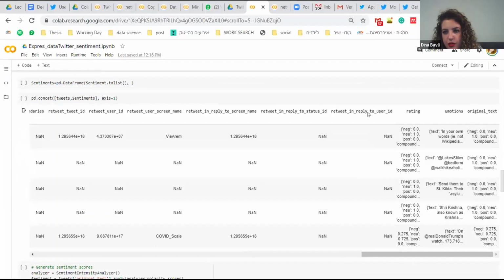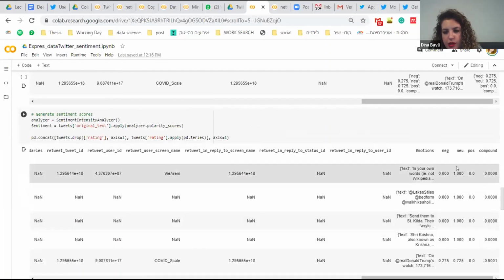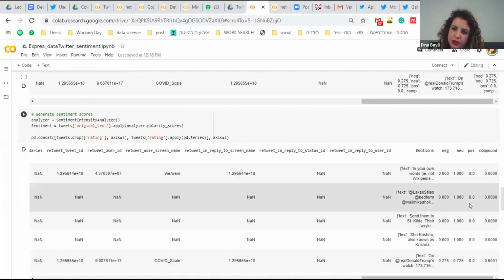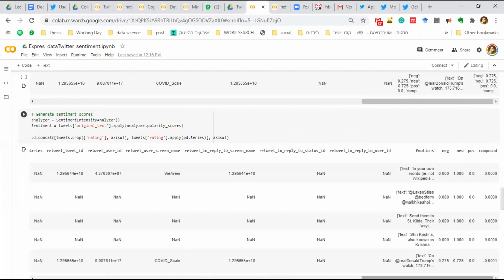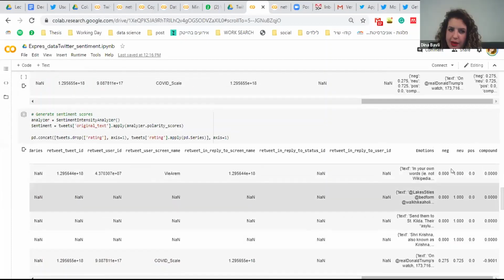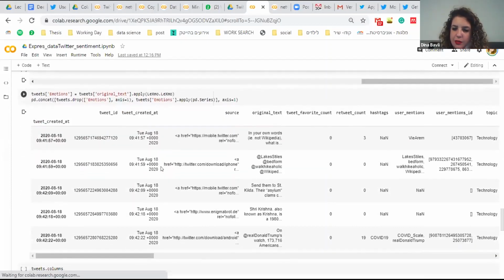Okay, so you have here your rating, and then you can apply the ratings. Okay, here it is. You see negative, neutral, positive, and component. This is the total amount. It's to see if it's more negative or more positive. See this here? I don't know if you can see it. Can you? Yeah. Okay. So this is applying the Vader analysis, and this is applying the Leximo that adds up